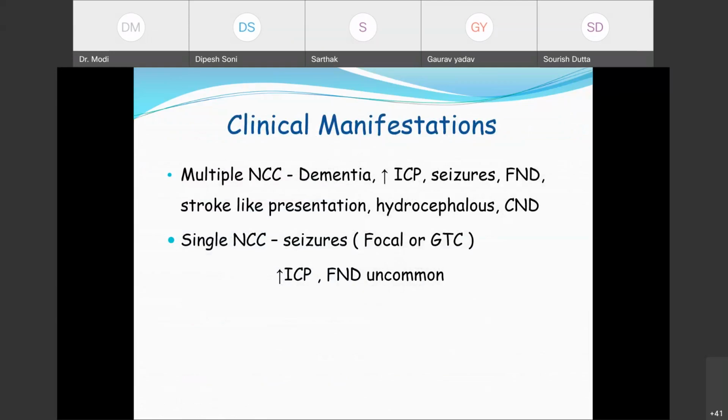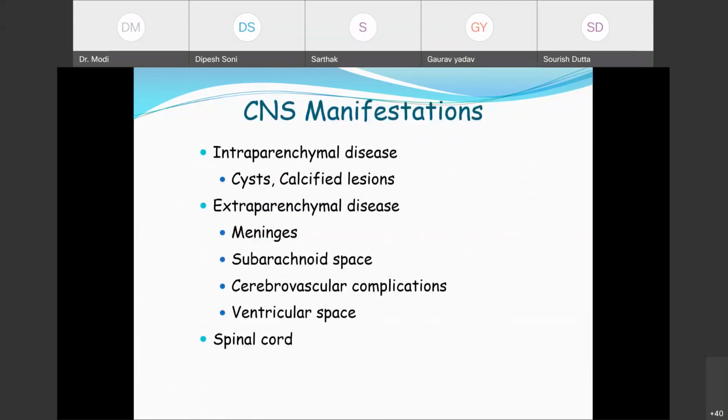So the clinical manifestations, most of us, we have discussed about it. They present with dementia, raised ICP, seizures, stroke-like presentation, hydrocephalus, or cranial deficits. And the single NCCs usually present with either seizures or sometimes raised ICP and focal neurological deficits, as opposed to what we call the Todd's paralysis. And